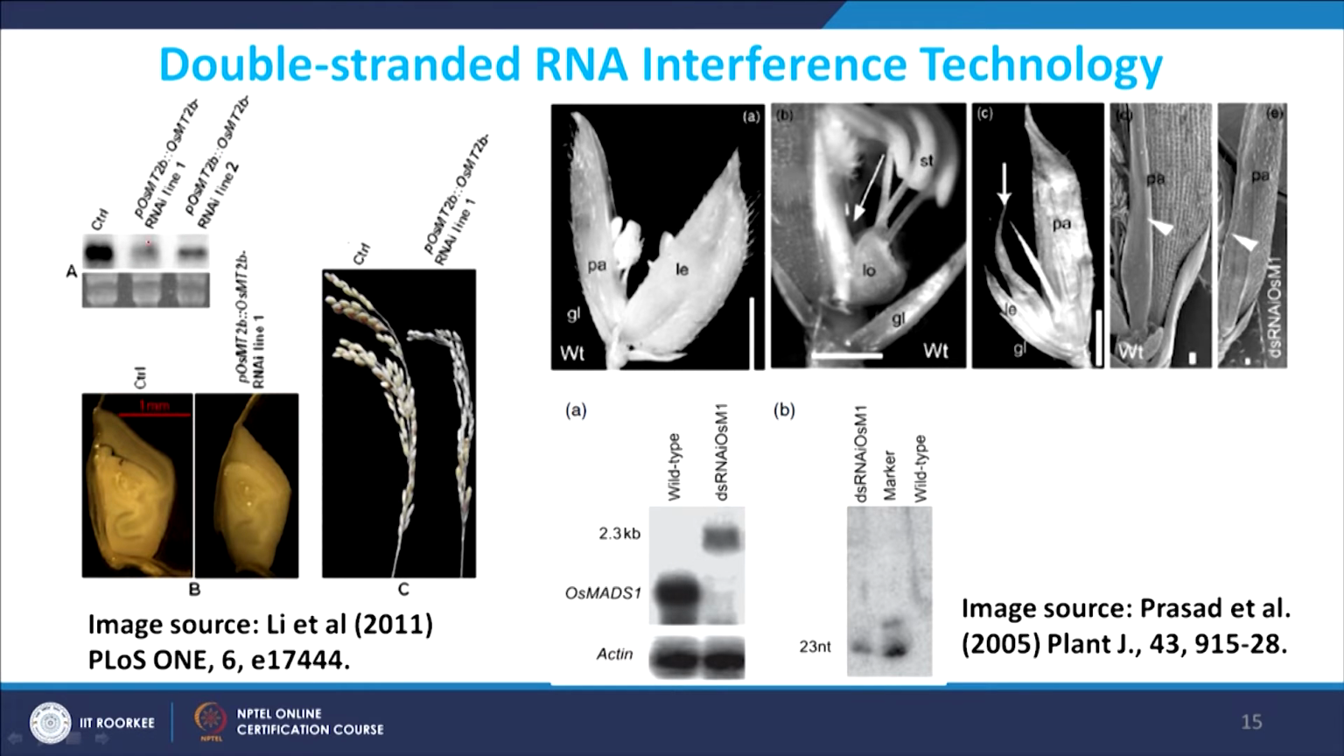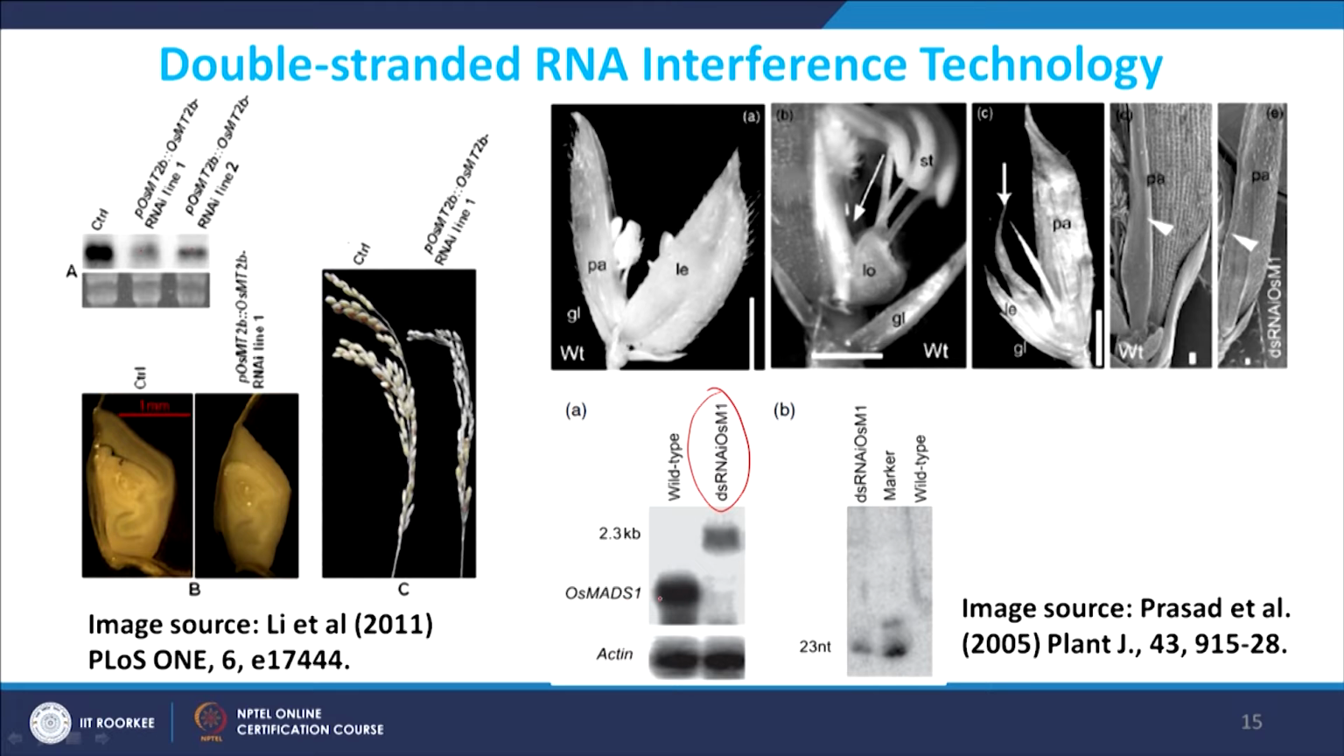You can look here, this is a northern blot. In control there is a high level of expression, but in the RNA interference line the level has significantly decreased, and you can see the phenotype, the panicle phenotype. Similarly, this is a very important transcription factor, MATS1, and when the RNA interference line was generated for MATS1,